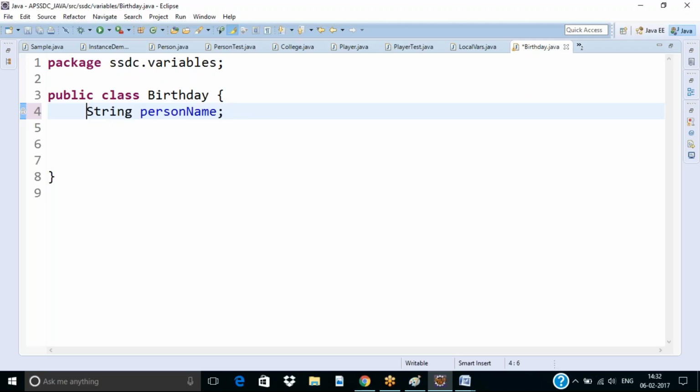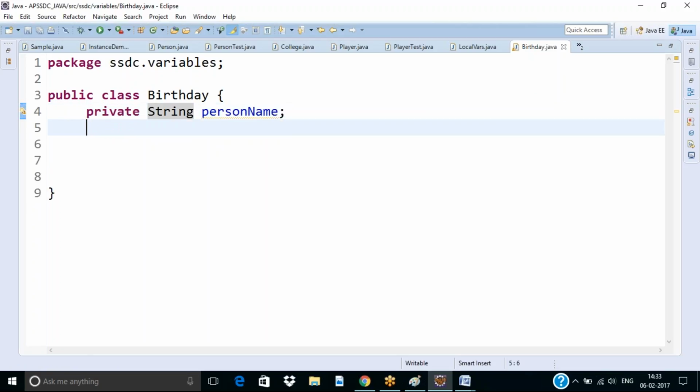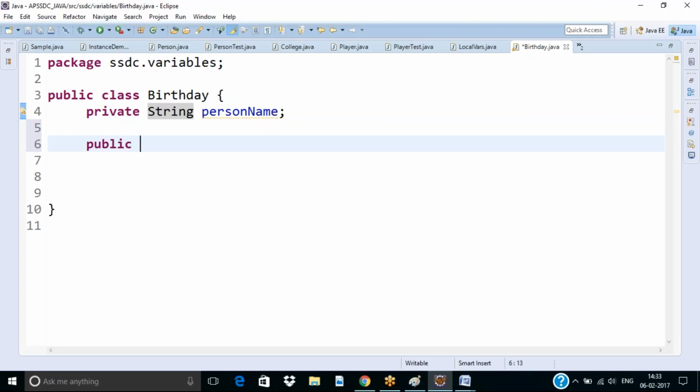But just remind that if I set any data member as private data member, this data member will not be visible from outside of the class. The class బయట నుంచి ఇది కనపడదు. Even object cannot access this data member person name అనే వేరియబుల్ యాక్సెస్ చేయలేదు ఎందుకంటే అది ప్రైవేట్ కాబట్టి. Now how we are supposed to write some person name ని ఎలా write చేస్తారు? Let me create a method called setter method. I'm creating a set method here. Public void set person name